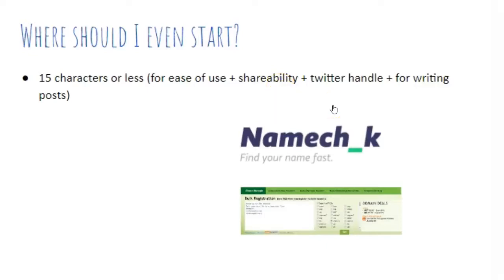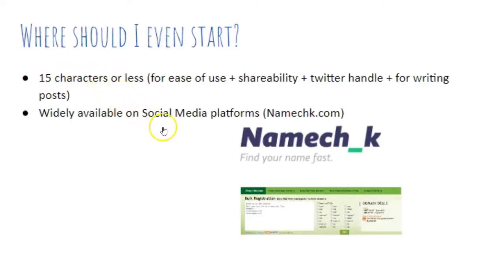One of the biggest reasons for this is because a Twitter handle or your Twitter username is going to have to be 15 characters or less, and also for writing any type of posts. Once it gets into more characters, for example, on Twitter, you only get so many characters. And so if you're using up 25 of those right off the bat, or if you want to use your name twice and you're using 50 characters, that's just simply not going to make sense. So keep it short and succinct, and it'll provide a much better username or website.